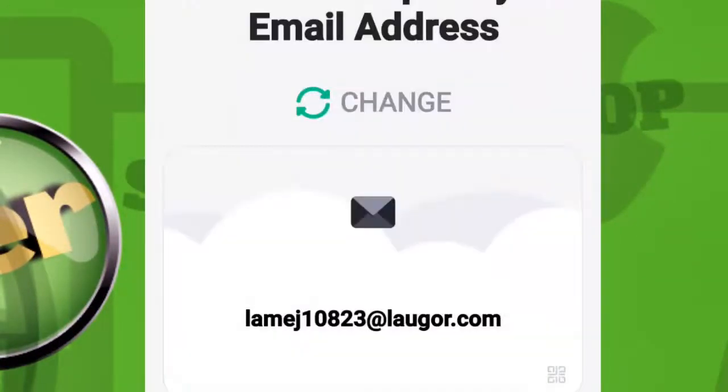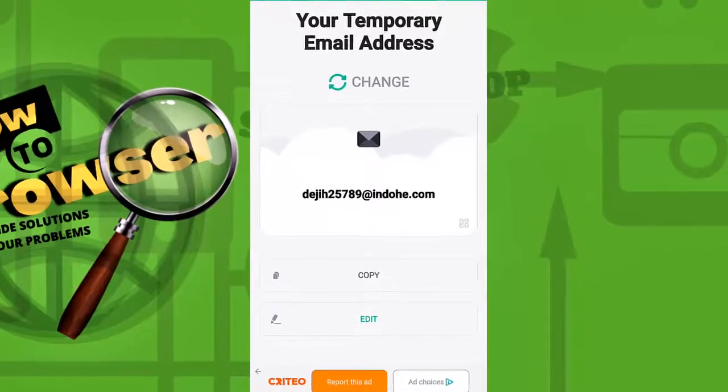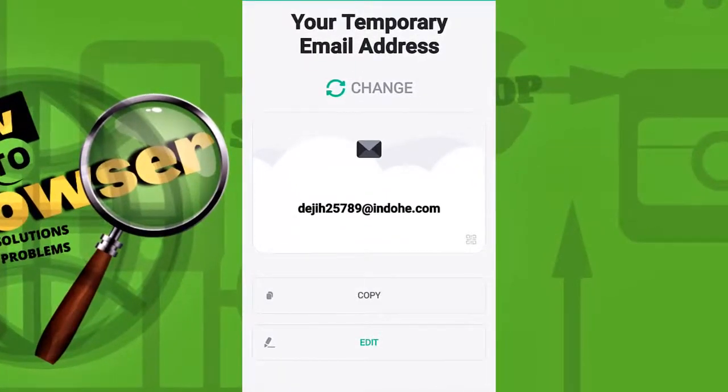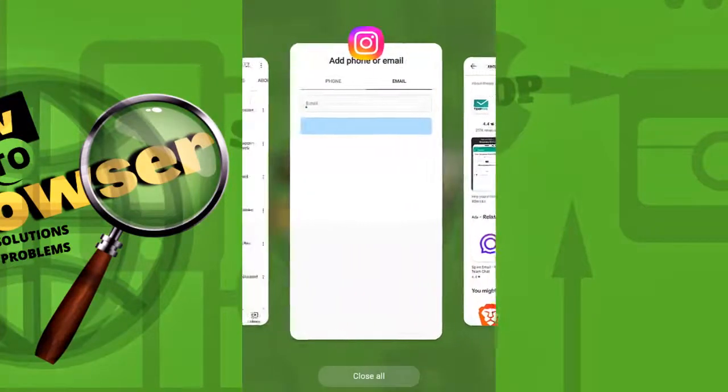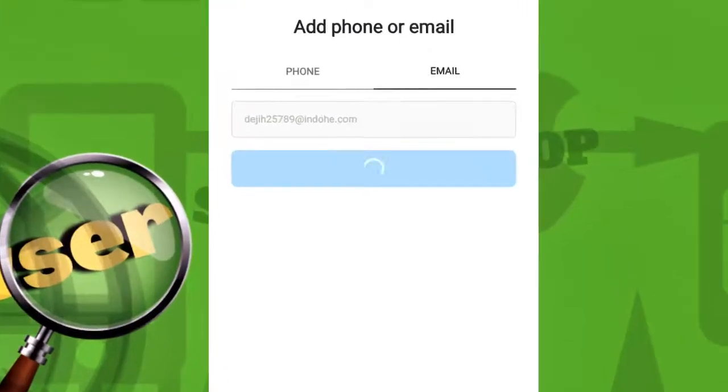Now open this app, and tap on change, so you can change this email or you can use this email. Now just copy the email, go back to your Instagram account, paste it, tap on next,